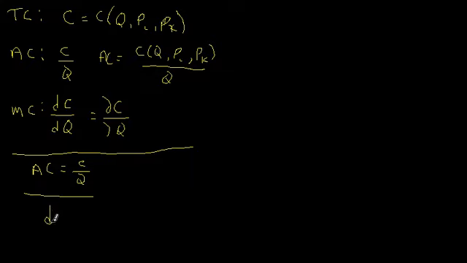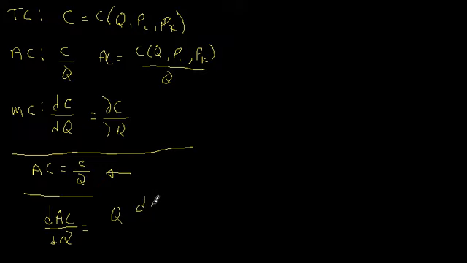And we do that by taking the derivative of average cost with respect to output and setting that equal to 0. So the derivative of average cost with respect to output will be the derivative of this function with respect to output. That's Q